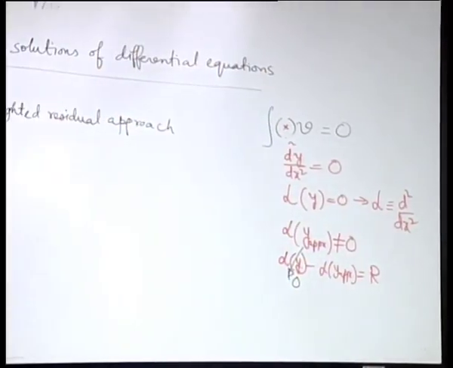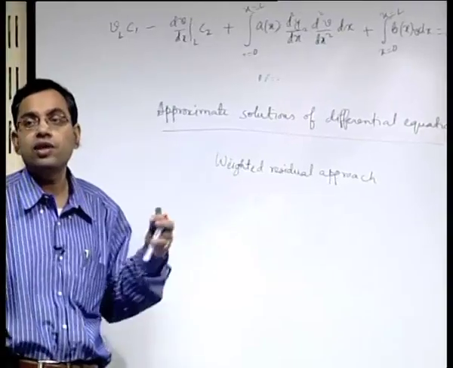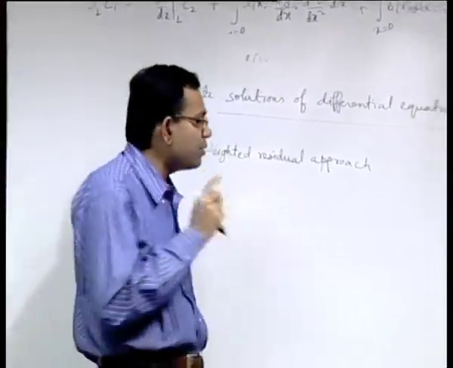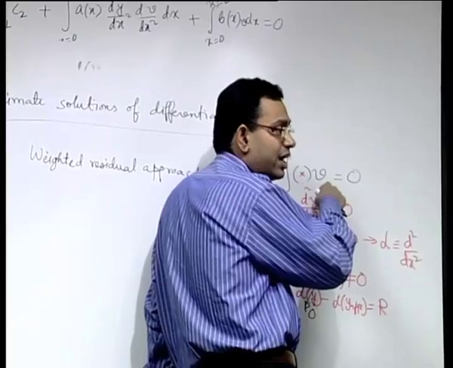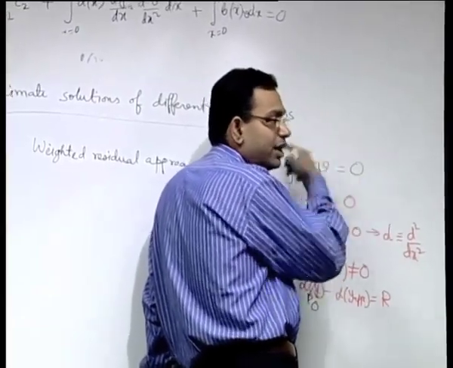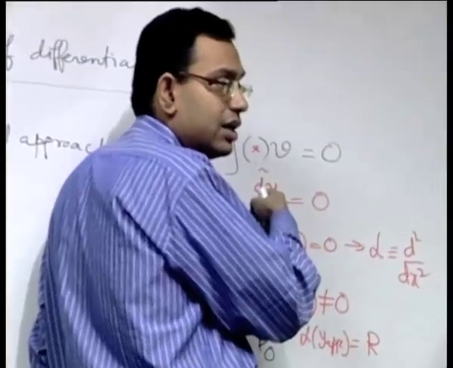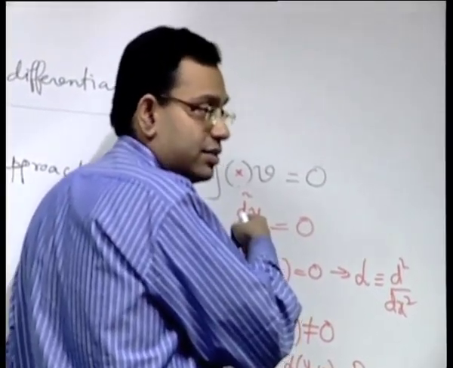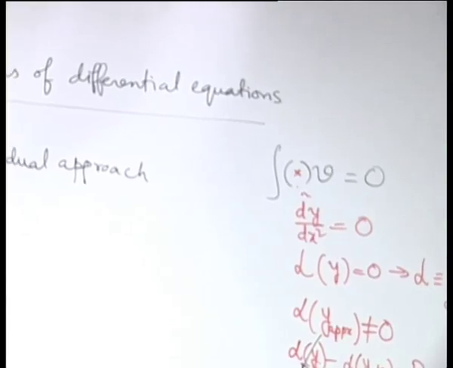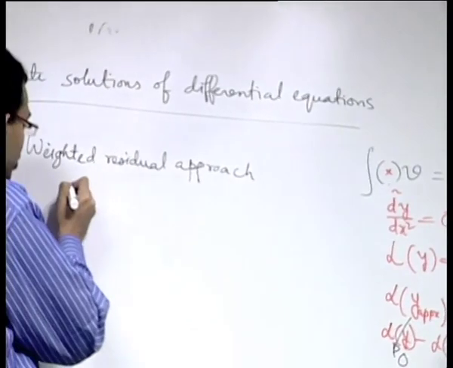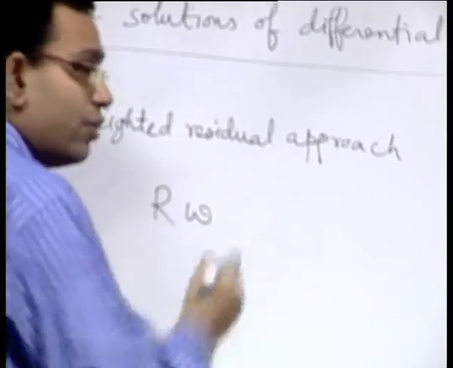Your objective is to minimize the residual in an integral sense over the domain. So, for that what you do is you multiply it with a weight function and make the weight function in such a way that in an integral sense over the entire domain, the error incurred because of substitution of an approximate y in place of the actual y is minimized. So, that approach in a mathematical formalism is called the weighted residual approach. So, what it is basically trying to do, you are writing the residual, you are multiplying the residual with a weighting function